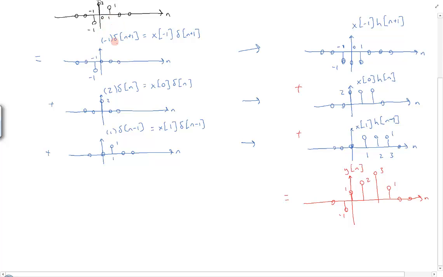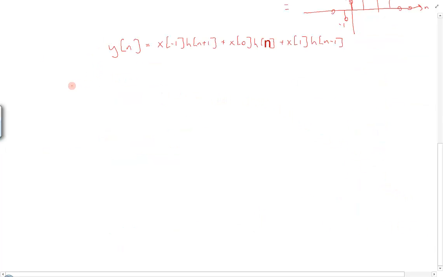Now we can see a pattern that emerges here. We can see a pattern of what signals we had to add up in order to find this general response, and we can write it. We can write it as y of n is equal to, in this case, x of -1 times h of n plus 1, plus x of 0 times h of 0, plus x of 1 times h of n minus 1. And in general,